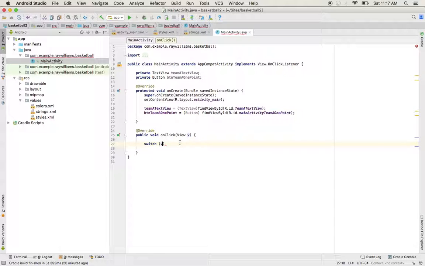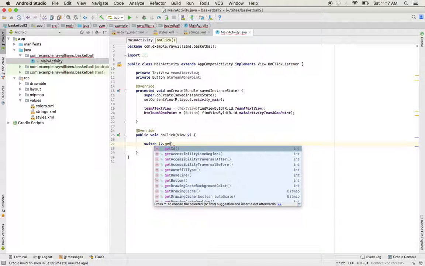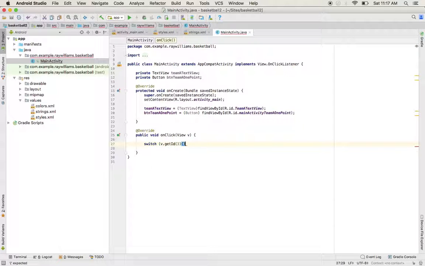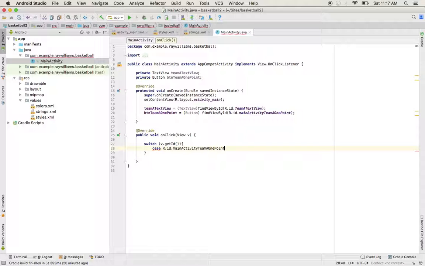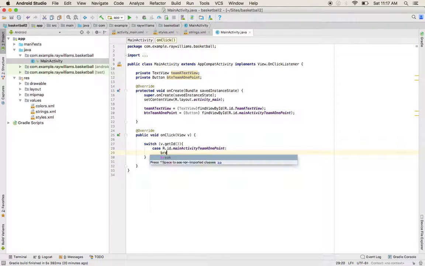So we're going to do v.getId, and then a case if the ID is R.id.main activity team A1 point. We're going to do break,